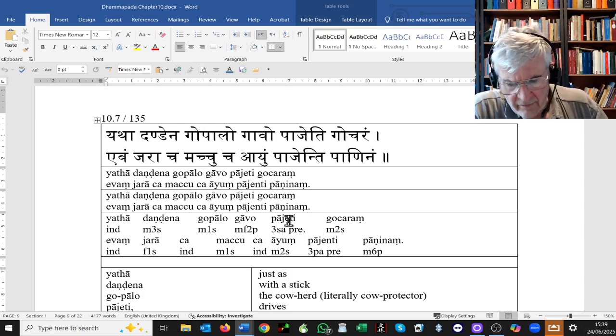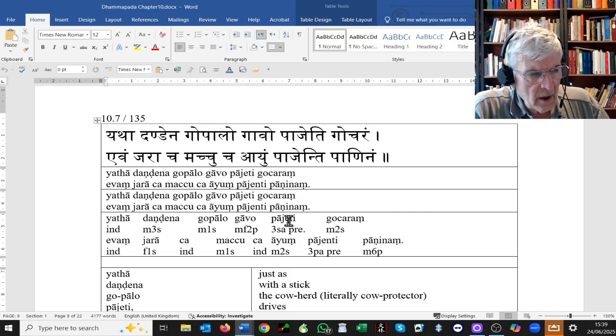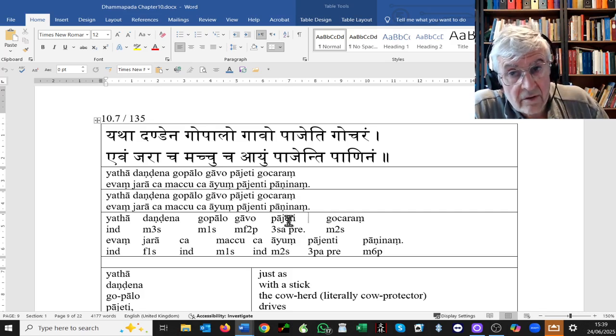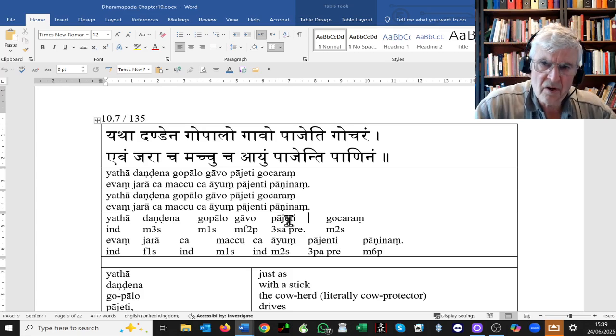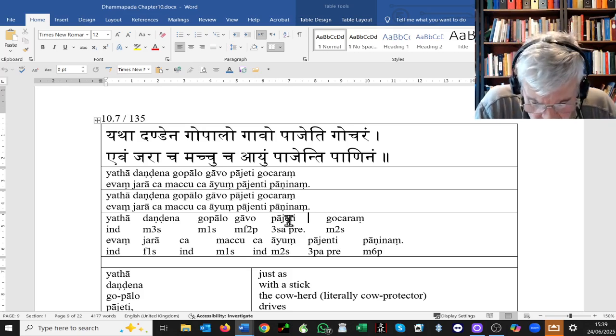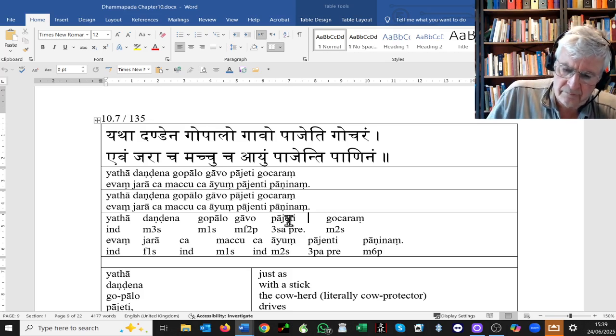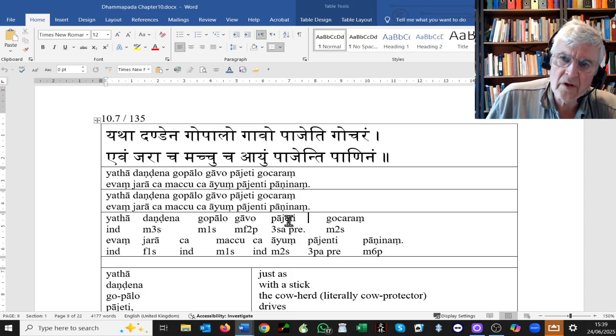It's a class 1 verb. In Pali we find it as a class 10 verb, so pajayati or pajeti, so pra-ajeti, pajeti, to drive forward. It's cognate actually with the Greek word ago,